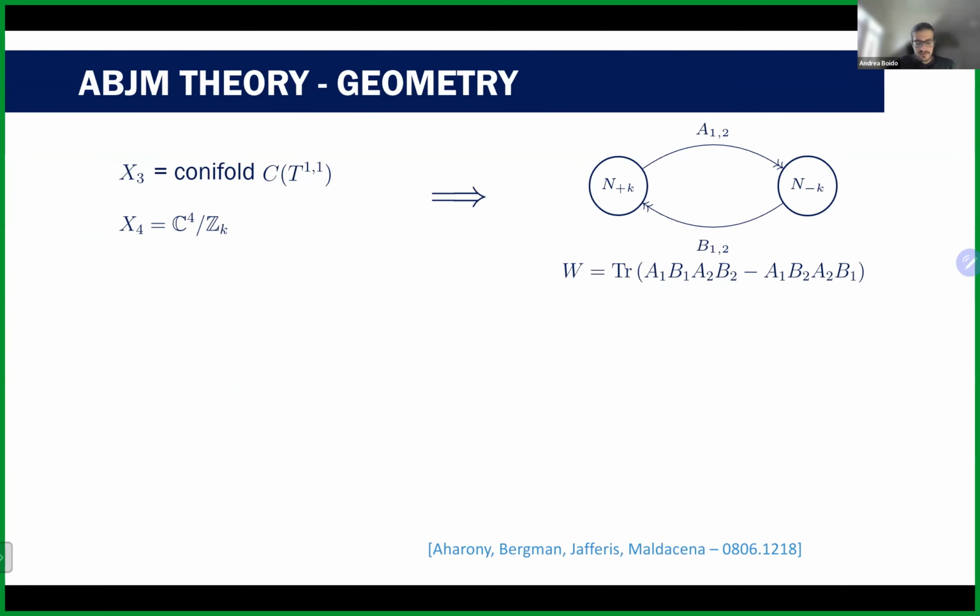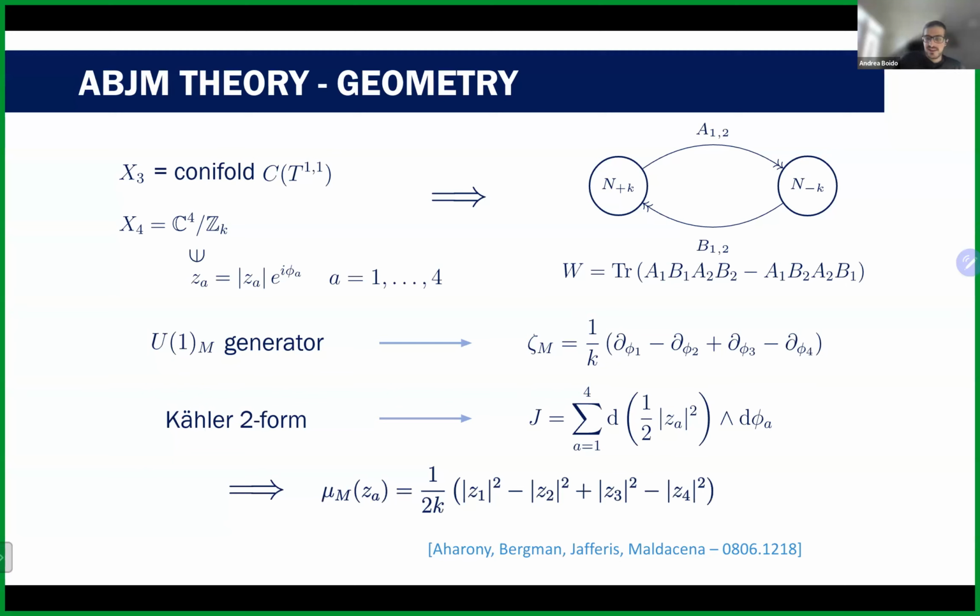All right, let's see an example for a second, to make it clearer what's going on. I chose probably the most simple field theory you can think of, which is ABJM. In 2A, you use the conifold as X3. When you uplift it to M-theory, the Calabi-Yau fourfold is just C^4 mod Z_k in this case. This will give rise to the ABJM theory that we all know. So we have two gauge nodes, both U(N), of course, with this superpotential that I brought here.